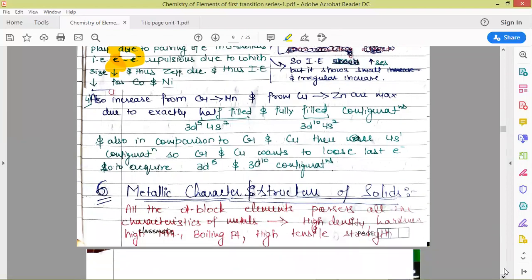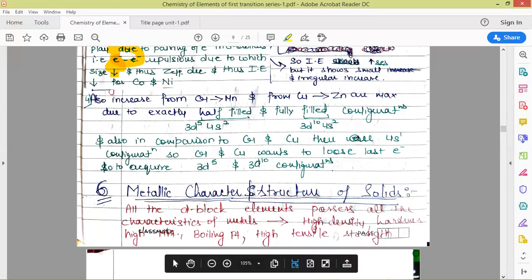Next property, along with the periodic variation, is the metallic character and structure of solids. Metallic character doesn't much vary as we move from left to right in the 3d series. As far as variation is concerned, there is not much variation. All are metallic in nature as they are electropositive. All the d block elements possess all the characteristics of metal, such as high density, hardness, high melting points, high boiling points, high tensile strength,